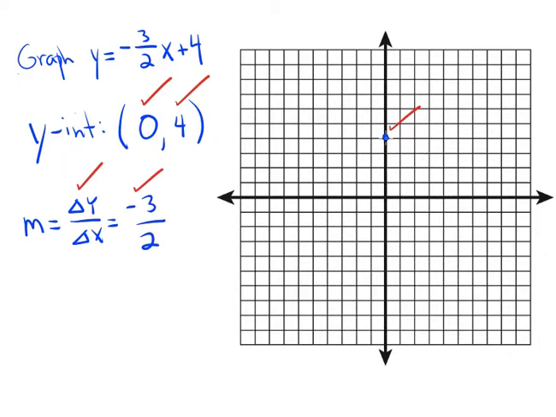Now we're going to use the slope of negative 3, which is the change in y. So we're going to go down 3, 1, 2, 3, and to the right, because it's positive 2, 2 units, and you get another point. Continue down that slope, 3 down, to the right 2. 3 down, to the right 2. 3 down, to the right 2. And if we go 3 down more, we're right off the graph, so that's our last point on the graph